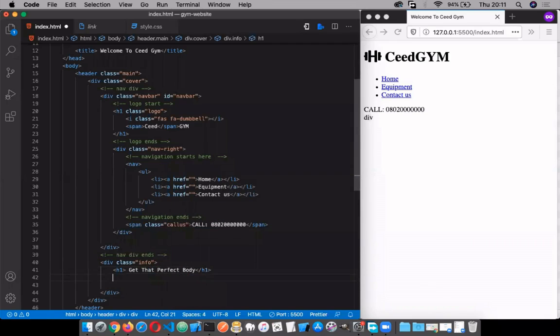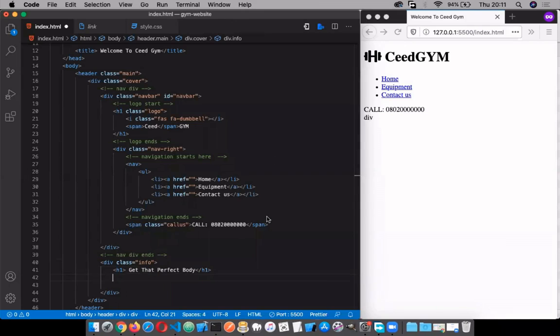Remember when we were designing this using draw.io, when we were giving a rough sketch of what we expected to have, we created a section that says,